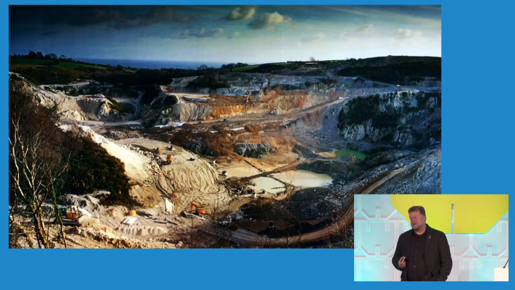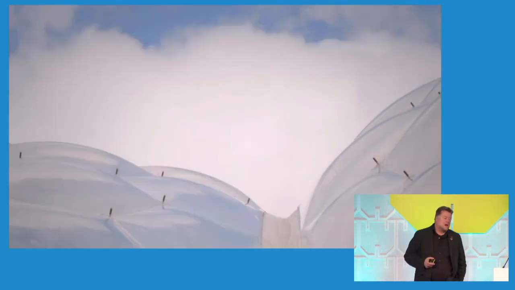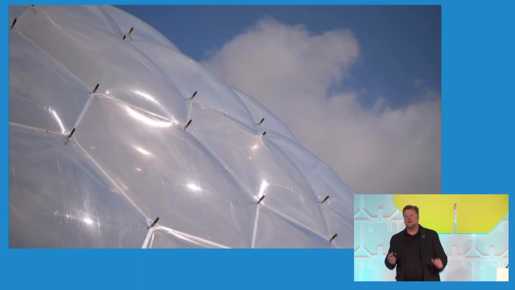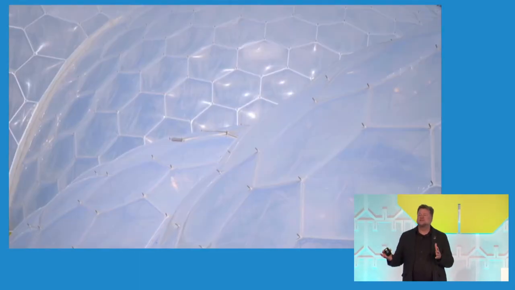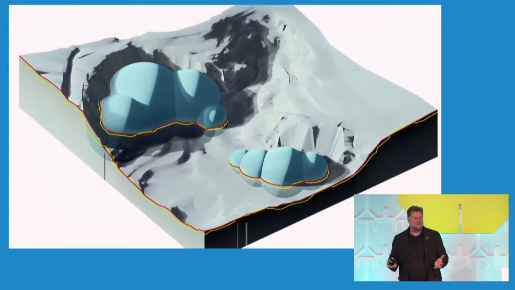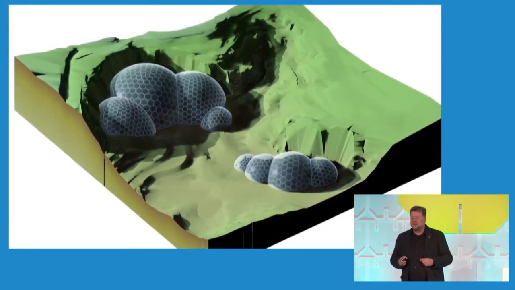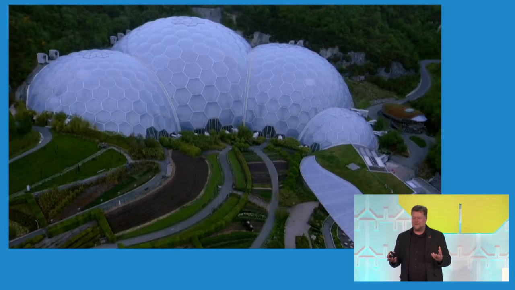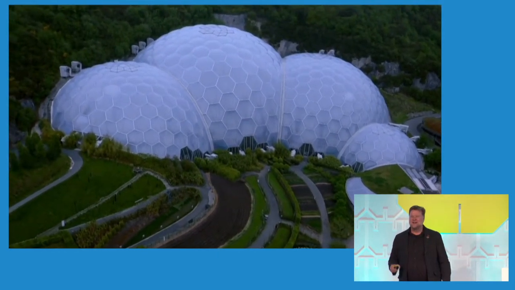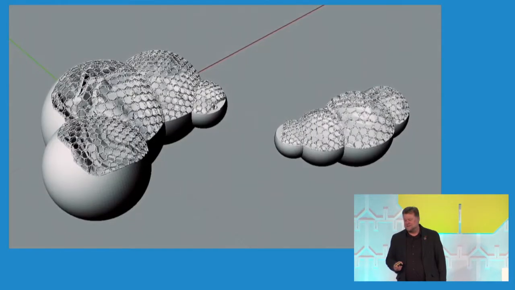So again, we drew upon work and research we'd been doing at the time. We were very interested in a material which was fairly new then, ETFE foil, ethylene tetrafluoroethylene, which is a very lightweight polymer. And we came up with this idea of generating the building out of spheres, which of course is the most efficient way of covering the maximum enclosure with the minimum surface area. So it makes it very efficient. And then you take these spheres and effectively, in a computer model, push them into the ground, and that gives you the geometry of Eden.